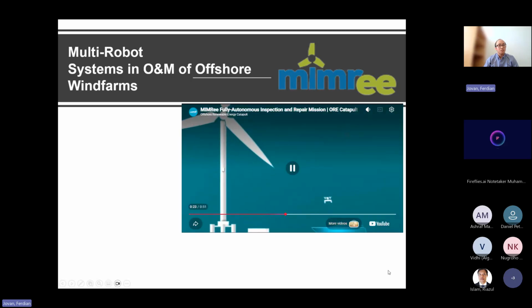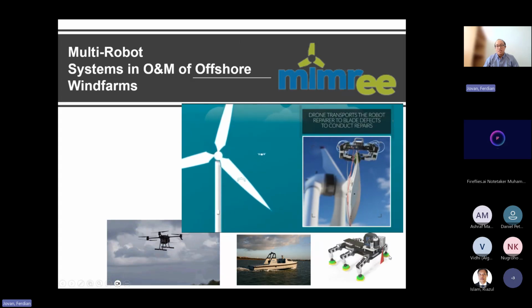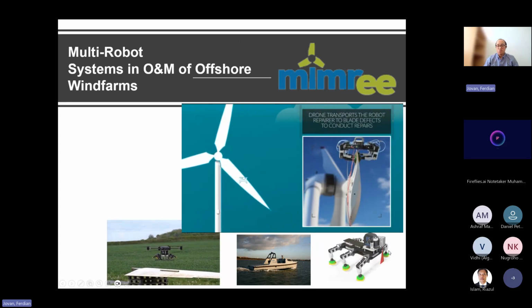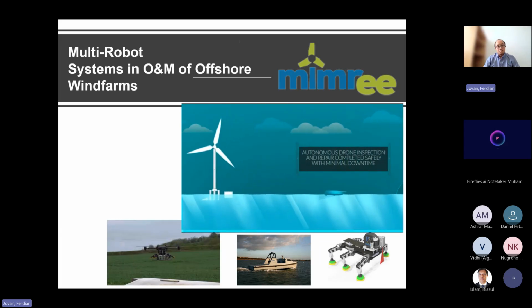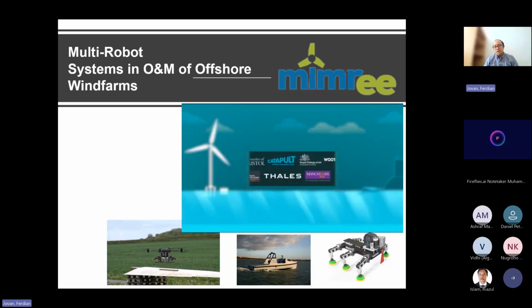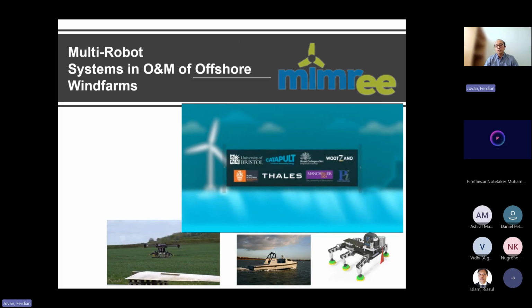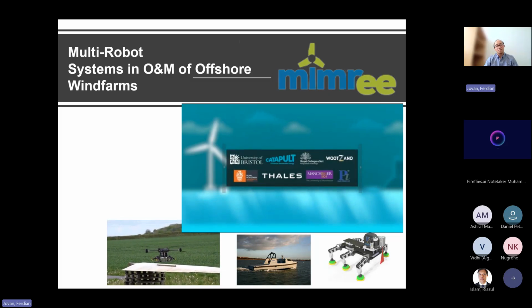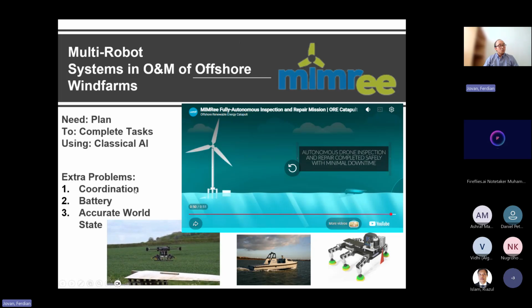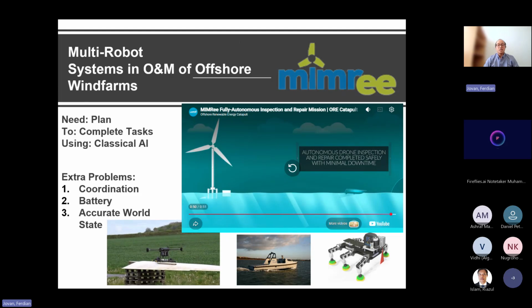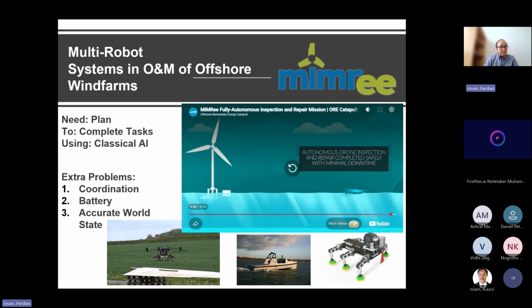So basically, you have multiple robots like drones, autonomous boats, and also crawlers. The job is for these robots to work together in completing operation and maintenance tasks of offshore wind farms. Tasks like checking if there is a crack in the wind blade, or how severe the effect of lightning strikes on the wind turbine, stuff like that. So our job is basically to develop a planner that can coordinate all of this, so that these robots can work together to complete as many jobs or tasks as possible in one trip.